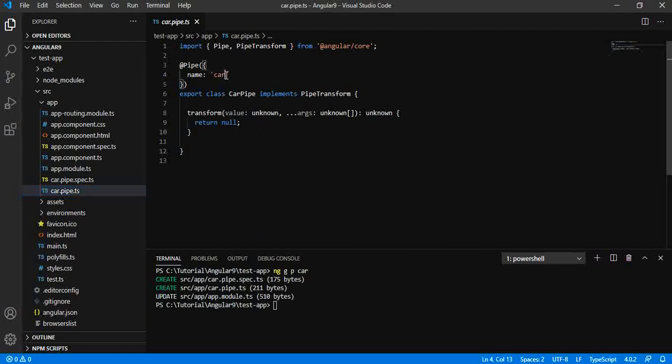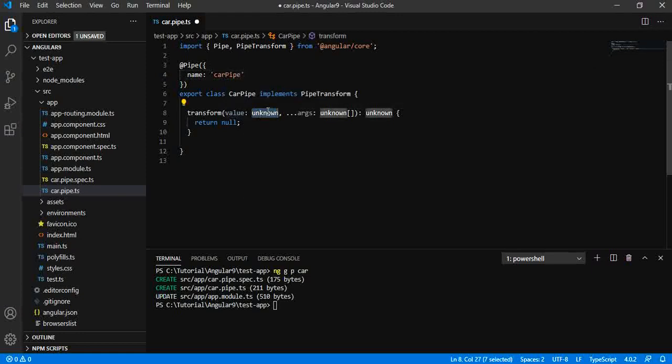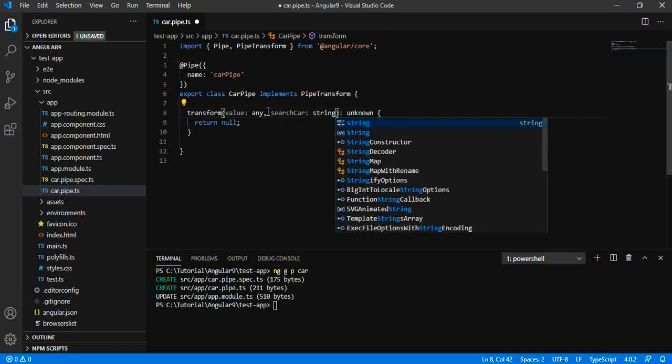Let us give it a name, car pipe, and it will take the value of type any and an argument, search, as string.